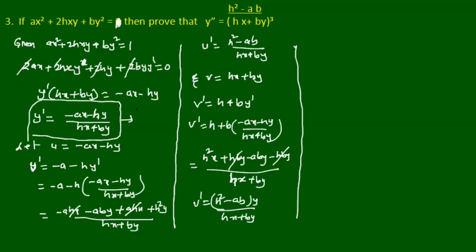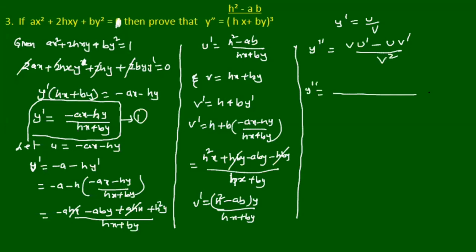So we need a second order derivative, y double dash. y double dash is nothing but, if you consider y dash as u by v, y double dash is v u dash minus u v dash by v square, isn't it? So y double dash is equal to, what is v square? v square is hx plus by whole square. v is hx plus by